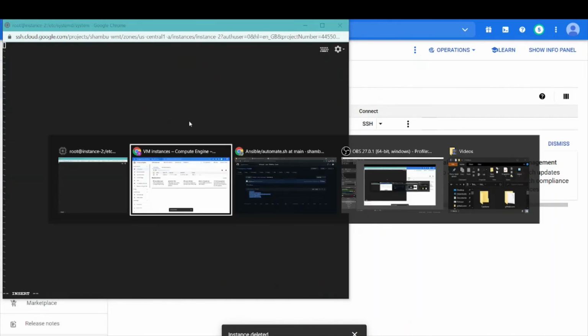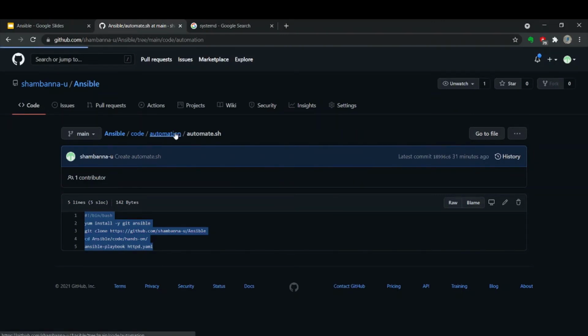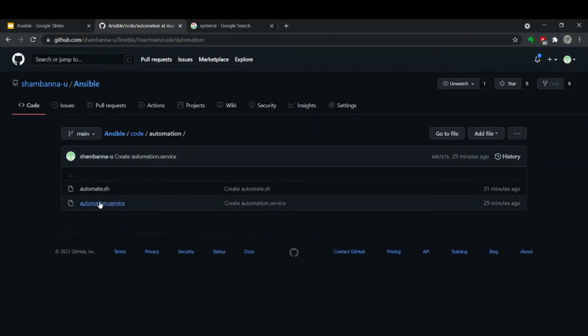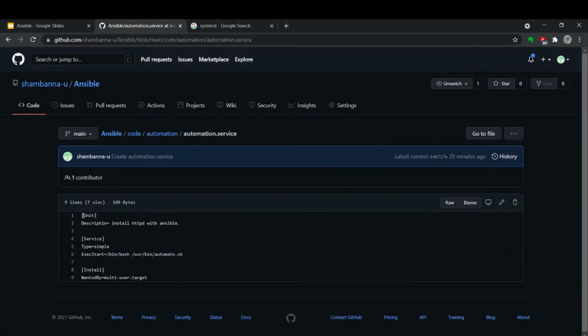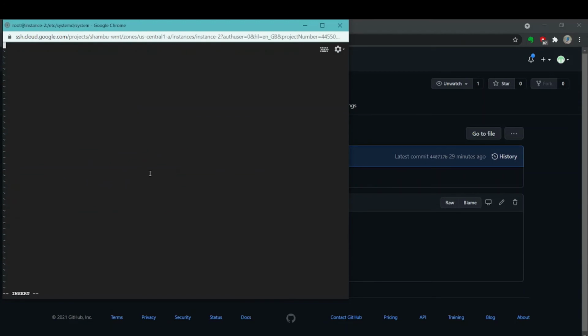I have already written a file, so I'll just copy instead of writing the whole file. I'll insert this content here, the user bin automation script.